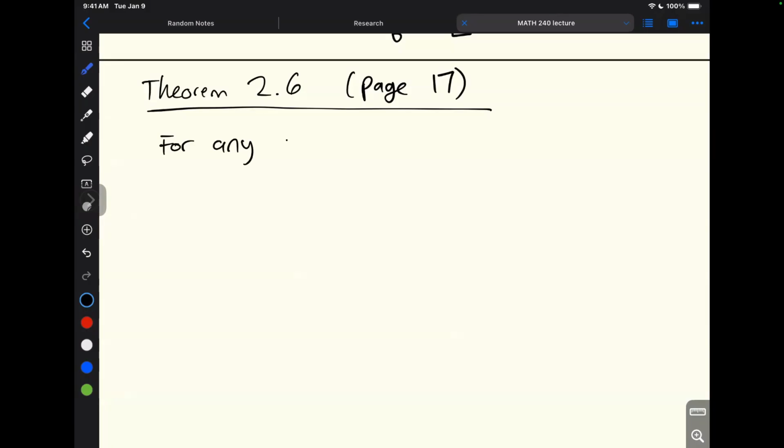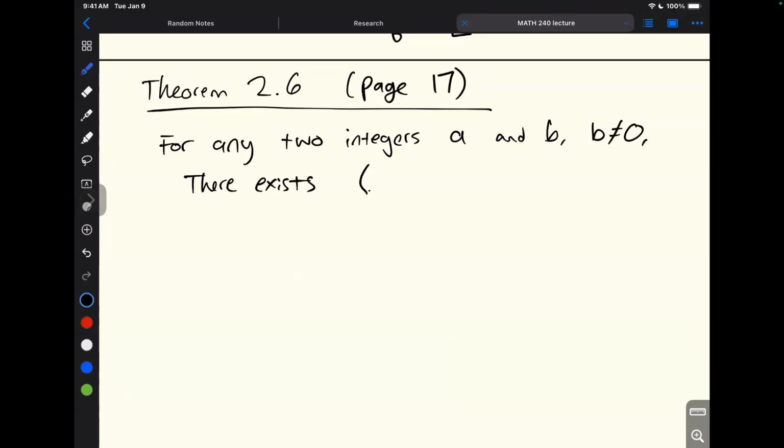for any two integers, A and B, where B is not 0, again, we don't want to break math, we're going to say there exists. Sometimes when I'm handwriting notes, I like to use the backwards E as a shorthand for that. So there exists a unique pair of integers,